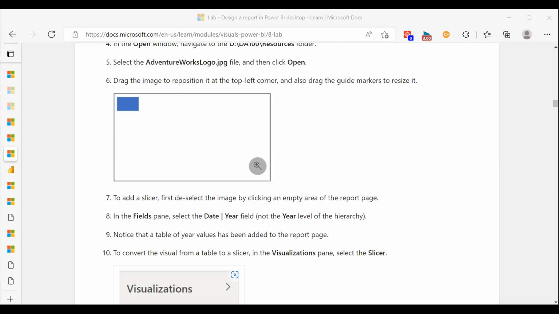I don't know that I've clicked on the right thing. In the Fields pane, select the date, year field. I don't see anything that's not in the hierarchy. Huh, maybe I cannot use these instructions. Maybe I'll need to go back